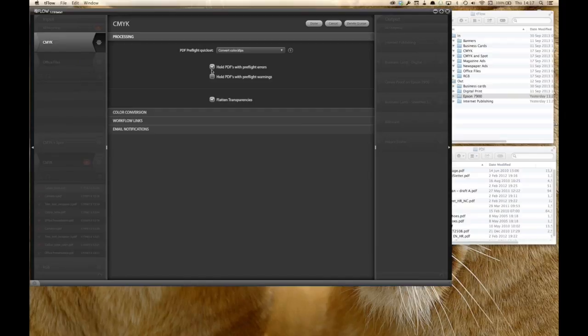Next, I can decide what needs to happen with files that generate warnings or errors. And what I've done in this case is I've said if a file generates a pre-flight error while it's being pre-flighted with the profile that I select here, then I want to hold that file in the input queue. And that's why in the list for the CMYK input queue, you had those files with a red cross in front of them. If I uncheck that,